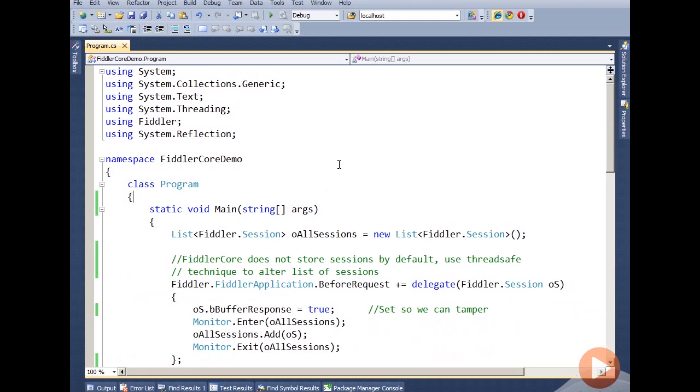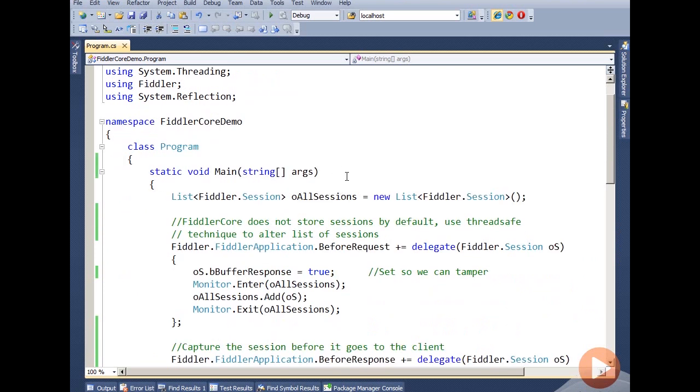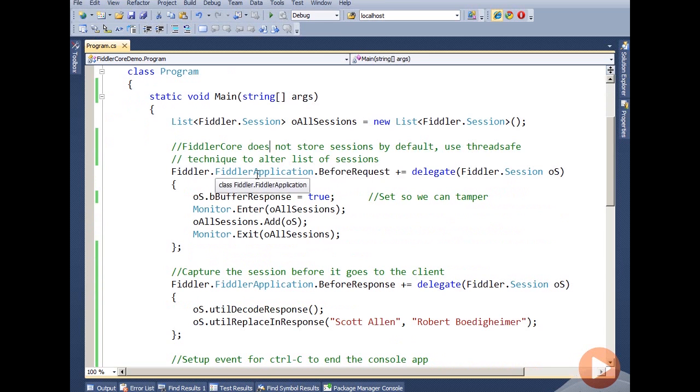So this is just a simple console application. Once I downloaded Fiddler Core, I just added a reference to fiddlercore.dll. One of the notes about Fiddler Core compared to Fiddler is that by default Fiddler Core is not keeping track of all of the sessions, so it's not keeping track of the requests and responses that have been made. If you want to do that, you can create a simple list of Fiddler sessions, which is what I'm doing. And in Fiddler Core, we're going to use the Fiddler application class. So one of the